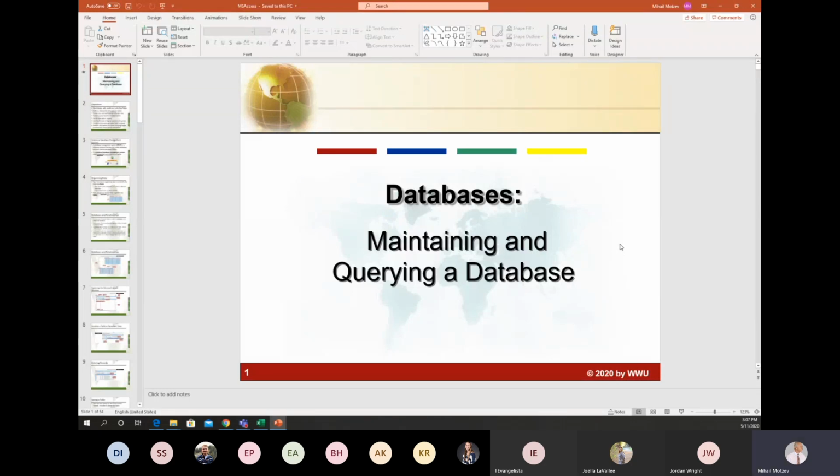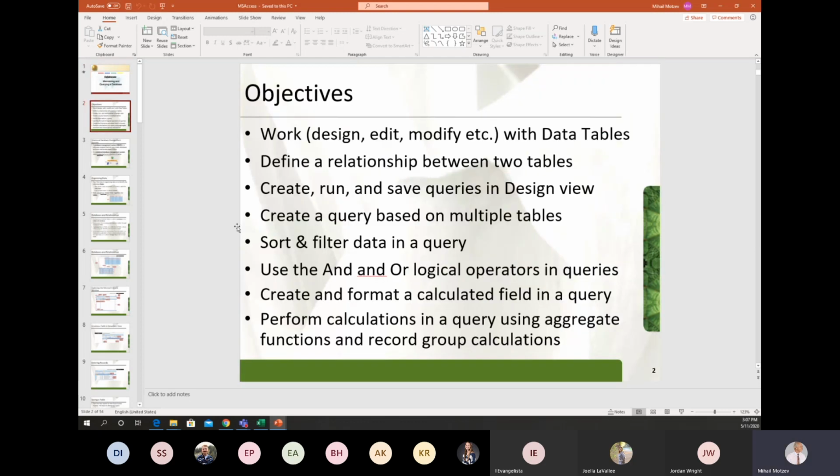Access program itself. So, the goal of this presentation is to introduce Microsoft Access and help students learn how to work with data tables. How to design, edit, modify, how to define a relationship between tables, and especially how to create, run, and save queries. Very important special reports that we'll concentrate on